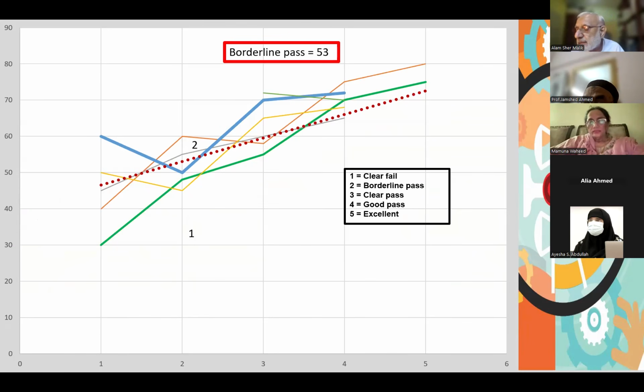Sir, in response to one question that was asked by one of the participants, that what we do as examiners at UHS or any other medical university, I don't think any of us is doing standard setting. Even UHS is not doing standard setting. What we are doing there is developing a marking scheme for the individual questions, and the cutoff is already set at 50%. And we just decide, and we are not looking at the minimally competent candidate. We are looking at who would be able to secure 50% in this station, and that we consider as the